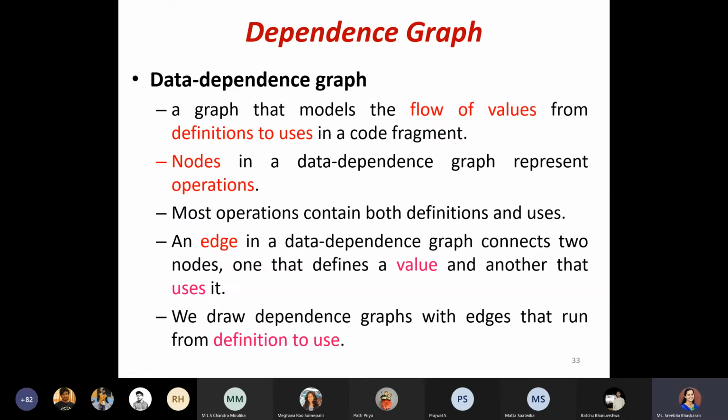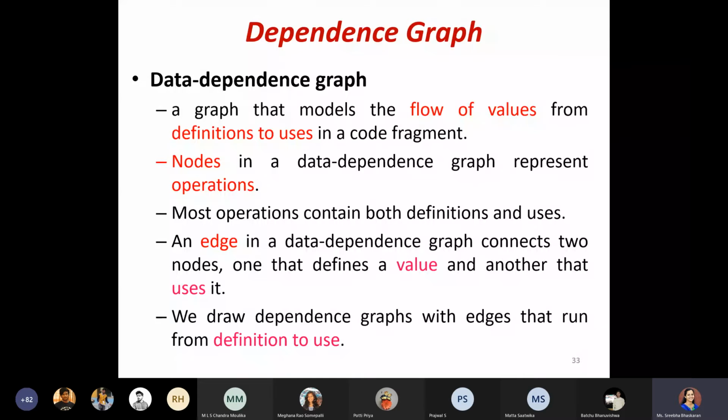Moving on to the next graph representation, called the dependence graph. Explicitly we discuss the data dependence graph. As the name specifies, the graph here will discuss only the flow of value.